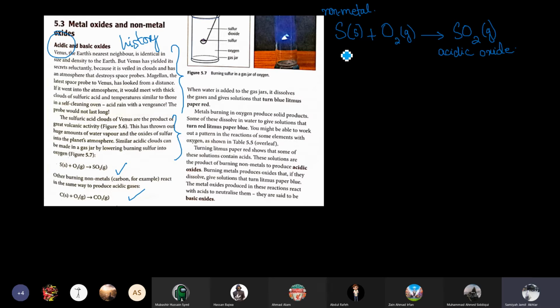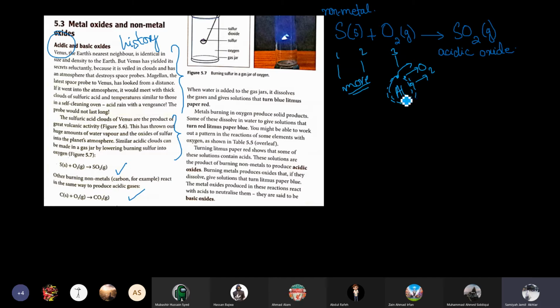The elements which are present in group 1, group 2, and group 3: group 1 and group 2 metals are more reactive, and group 3 metals are comparatively less reactive because they can give their 3 electrons. So aluminium will give its 3 electrons to oxygen, and it forms the oxide layer around it. It's not the case with any other element because they're more reactive. If more oxygen or any other element is present, they will immediately react with it also.